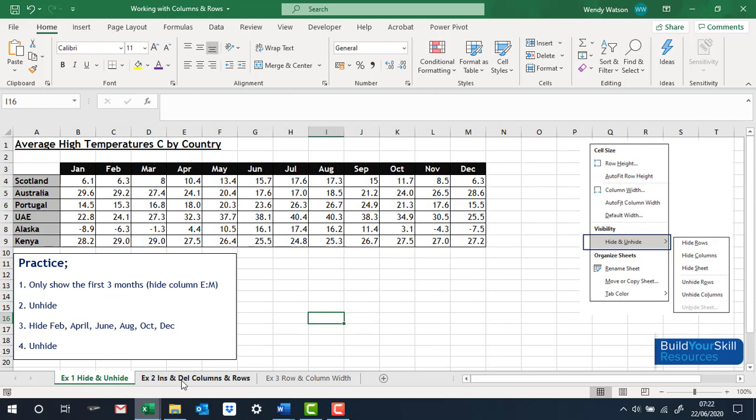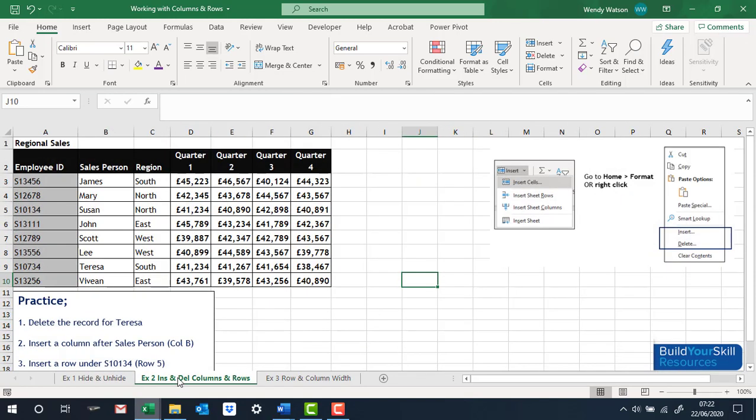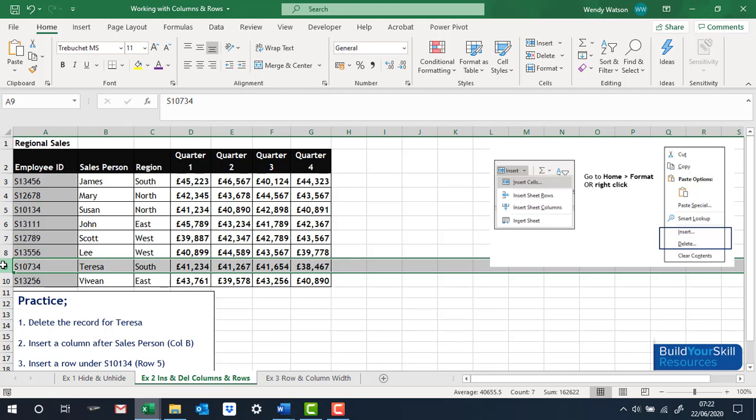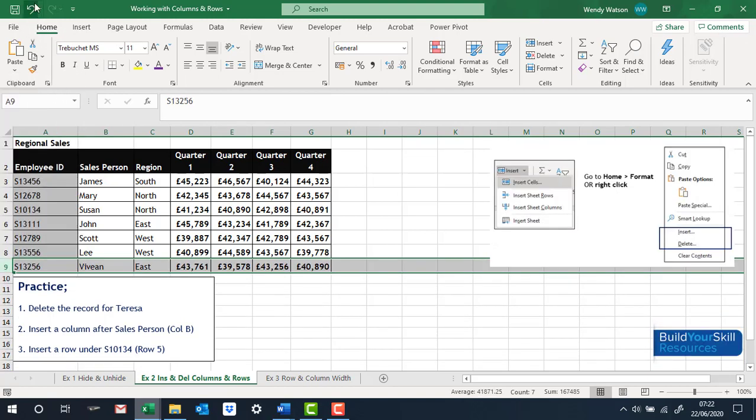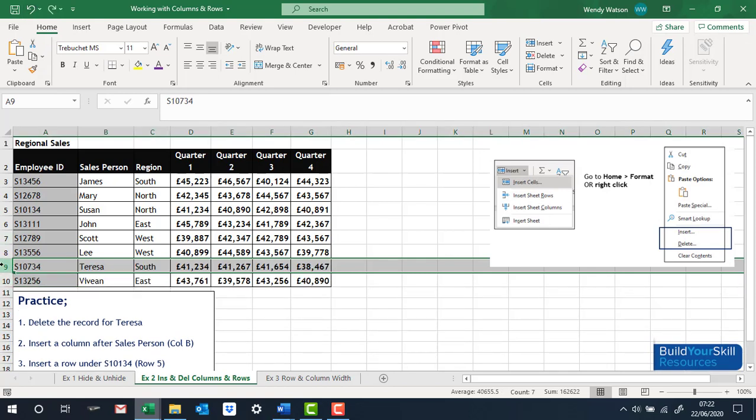Moving on to the next tab on the bottom here, let's look at how to insert and delete columns and rows. So if we were to delete the record for Teresa, we are essentially deleting row 9. I'm going to click on row 9. I am going to right click and I can delete the row that way. Or, I'll just go back one, still with the row 9 highlighted, you'll see again in the ribbon up here we've got a delete option up here with a drop down to the right of it,